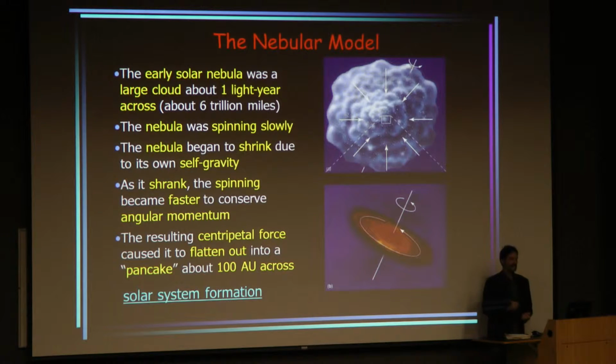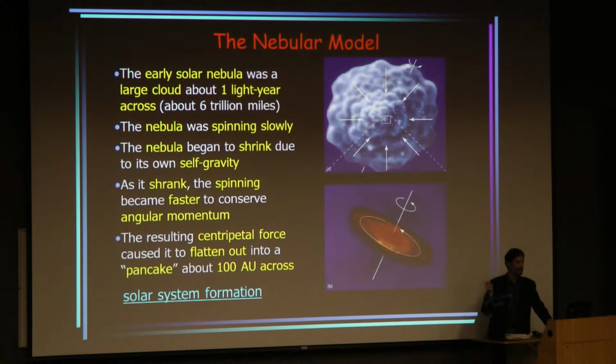So as the cloud shrank, it had to spin faster so as to still have the same amount of angular momentum. Okay? So what we end up with is a cloud that's shrinking and spinning faster and faster, and then eventually, when it's gone from about a light year, and remember a light year is like 100,000 astronomical units, okay? When it's gone down to about 100 astronomical units across, which is about twice the size of our solar system